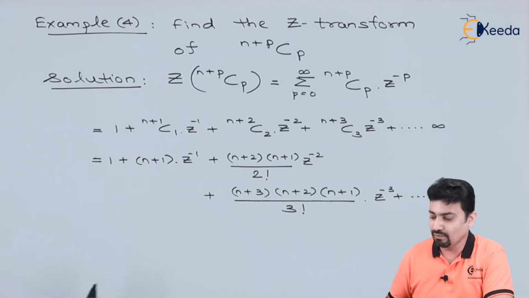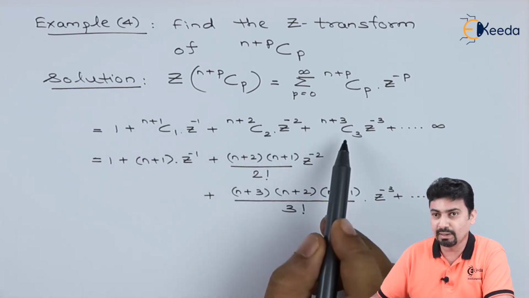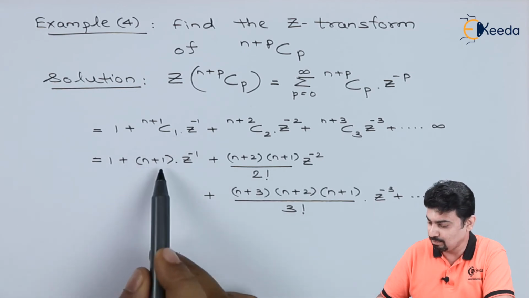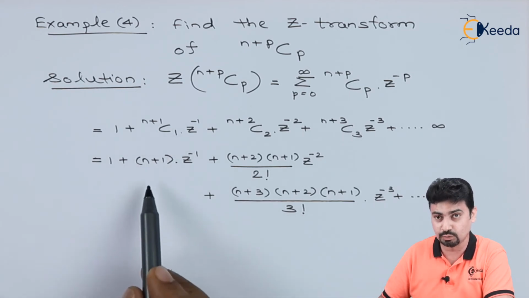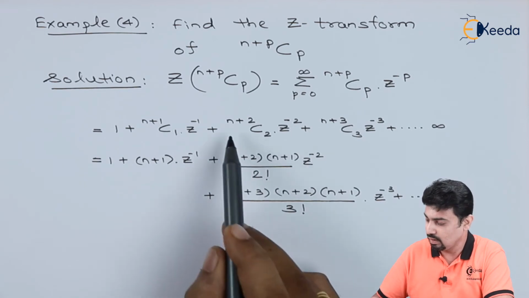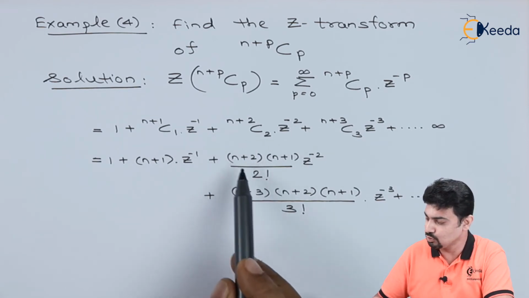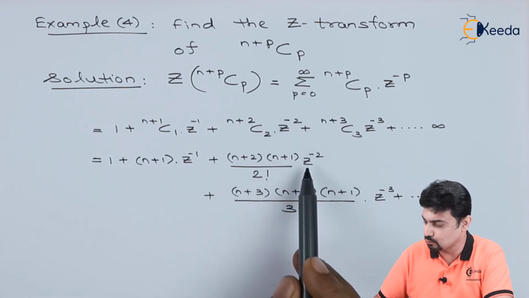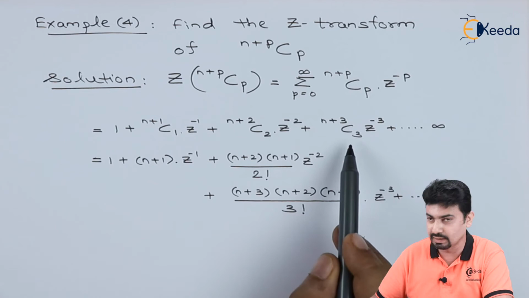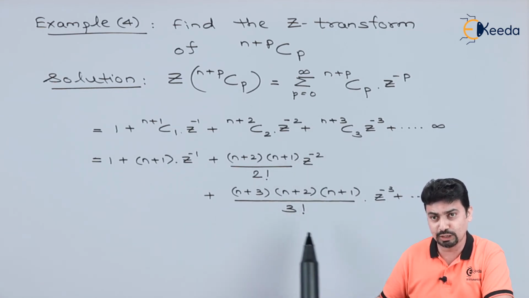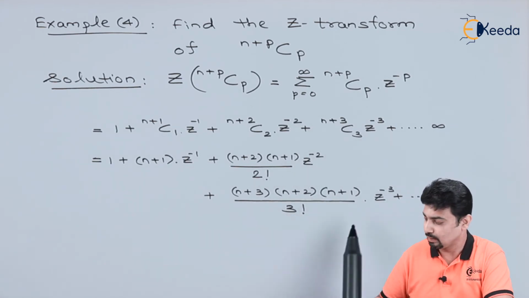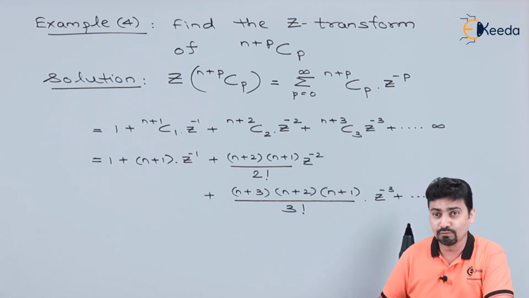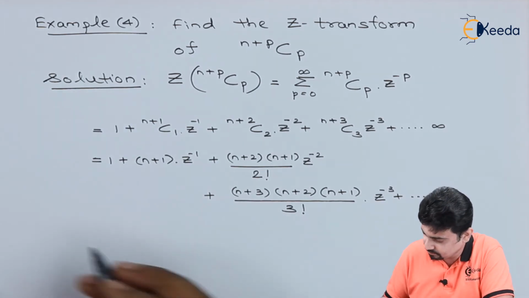Now, simplifying the value of c over 3 parts, we get 1 plus n plus 1 c1 giving us n plus 1 upon 1 factorial, 1 factorial is 1, into z raised to minus 1. N plus 2 c2 is n plus 2 into n plus 1 upon 2 factorial into the remaining part z raised to minus 2. Plus n plus 3 c3 will be n plus 3 into n plus 2 into n plus 1 whole upon 3 factorial into the remaining part z raised to minus 3, and so on till infinity. Further simplifying this part, we get